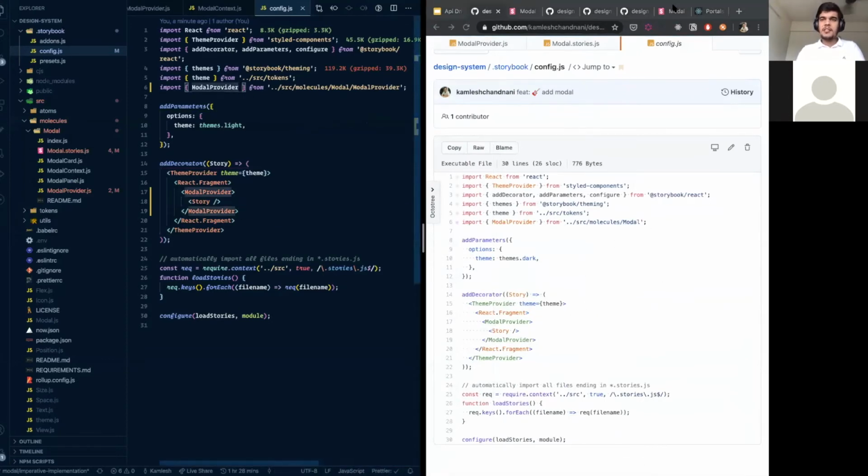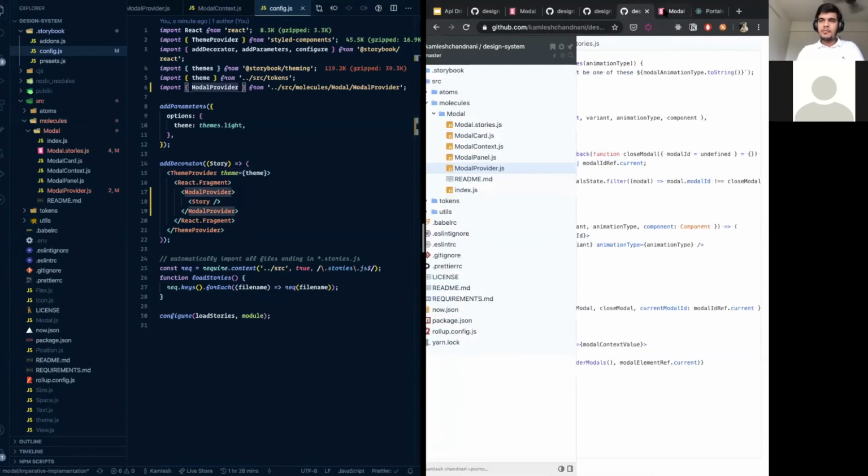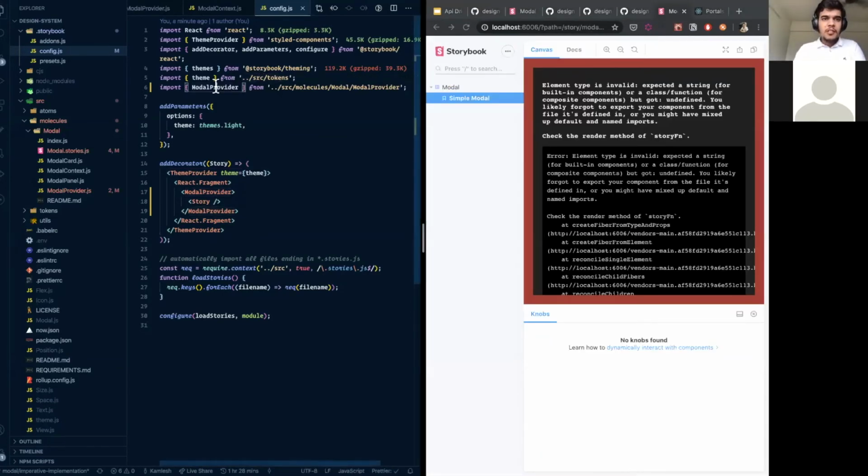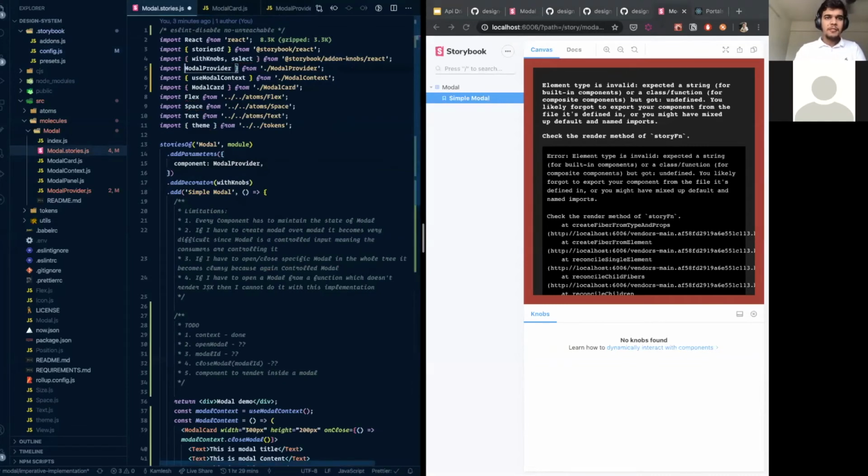Okay, sure. I know what the problem is here. Sure, this is what I messed up. Yeah. And then I go to model stories. These are all default exports.